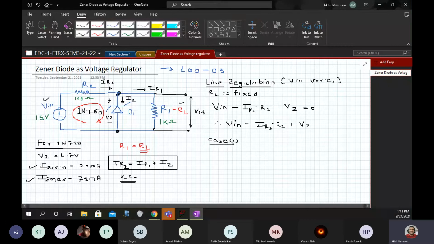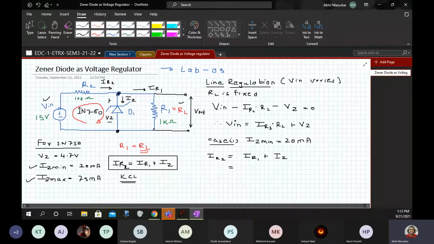What is the maximum and minimum value of IR2? First, when IZ min is 20 milliamperes, at that time IR2 is equal to IR1 plus IZ.